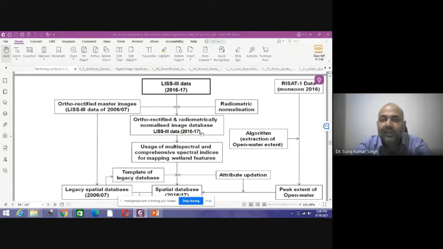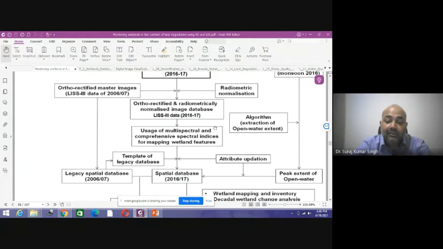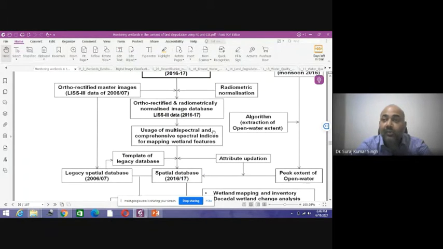We'll be rectifying it, pre-processing like geometric correction and radiometric correction will be performed, and thereafter we'll be normalizing the data set so that our data is free from all geometric and radiometric errors. Thereafter we'll be using these multispectral channel satellite images for creation of indices through which we can extract the area of interest. Right now, the example that I am showing is representative of the wetland index.